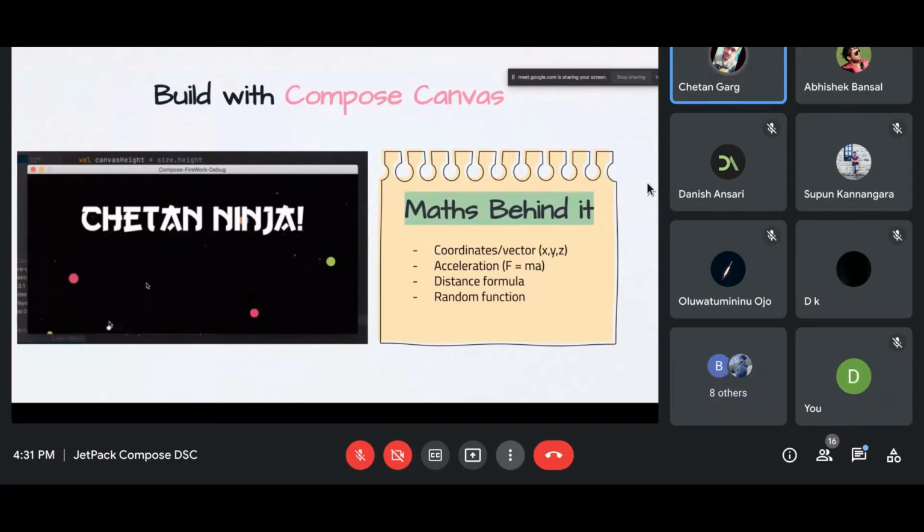If I say this direction is positive y and this direction is positive x, then to throw something from the bottom to the top, I need to throw it with a negative velocity. If I throw an item with a velocity of -4, it will keep going up and up and cross the screen. I want it to fall back down, so I want to add a force against it. This force is equal to mass into acceleration.